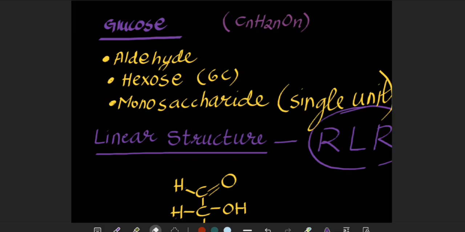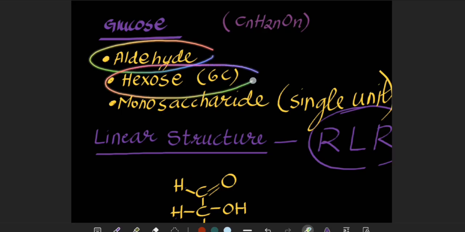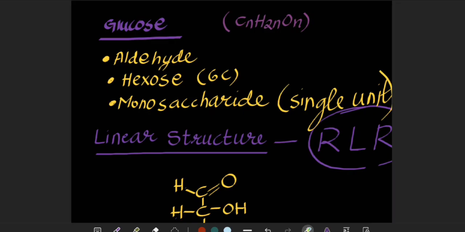So glucose is actually a carbohydrate, and the formula of a carbohydrate is CnH2nOn. So glucose is actually an aldehyde. It contains the aldehyde functional group on the first carbon, and then it is a hexose sugar. Since it is a hexose sugar, it contains 6 carbons. So I can say that the molecular formula of glucose would be, with n equal to 6,